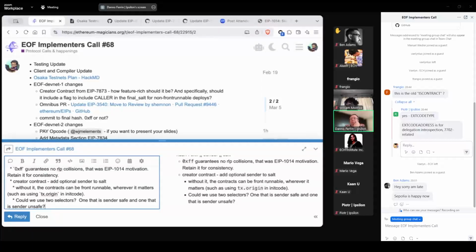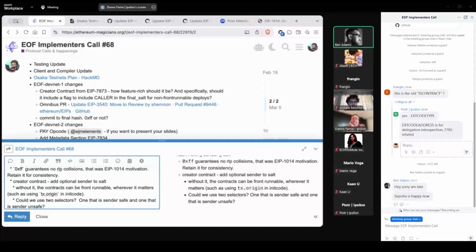Ben's got his hand up. You got something to add, Ben? I mean, you could have one that's only init code, and then if you're front run, it doesn't really matter because they're deploying the same contract. Oh, I suppose unless it's taking sender in the contract.